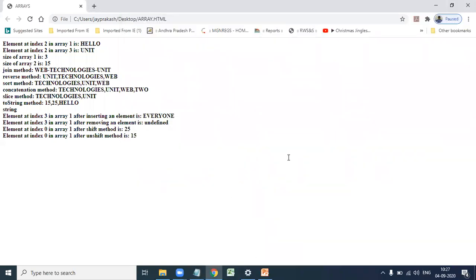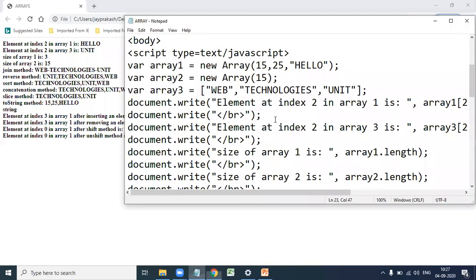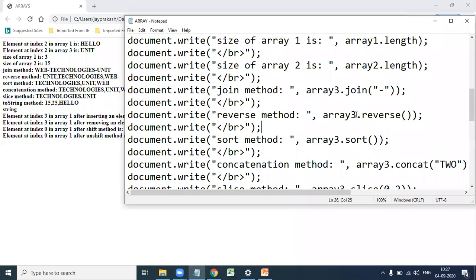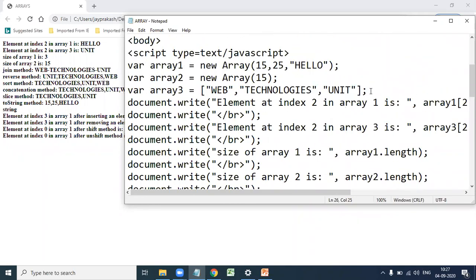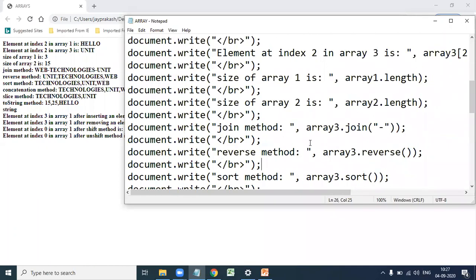Okay, next the reverse method. It reverses all the elements in the array. Array3.reverse reverses all the elements in array3. Array3 elements are web, technologies, unit, so the reverse order is unit, technologies, web. Next, the sort method.